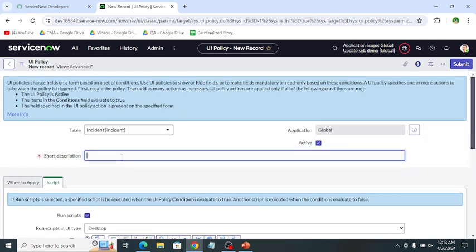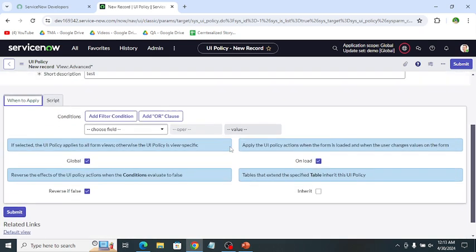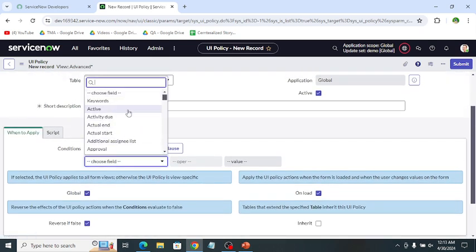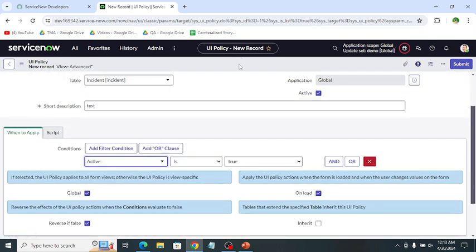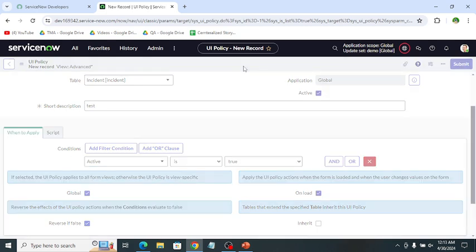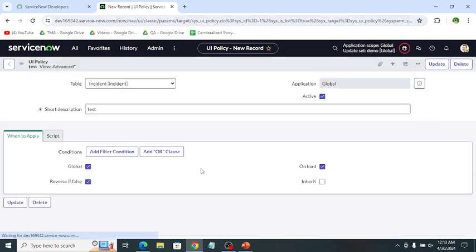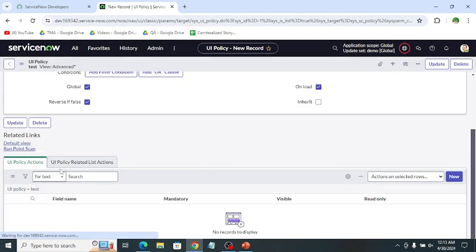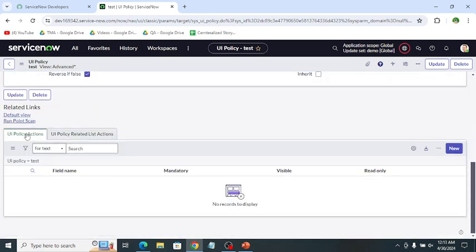So if we create a policy, active is true, and then save. Then in the related tab it shows UI policy actions.